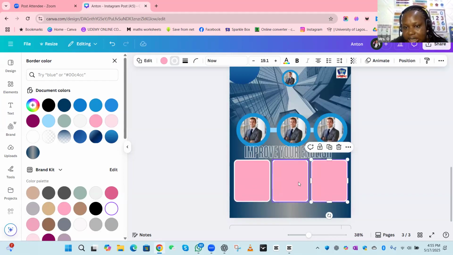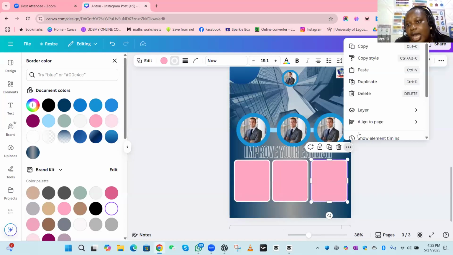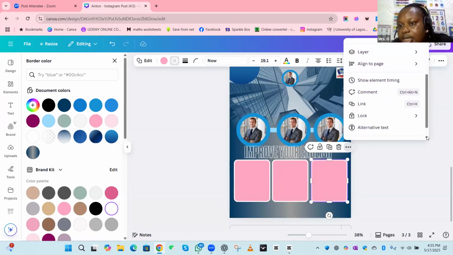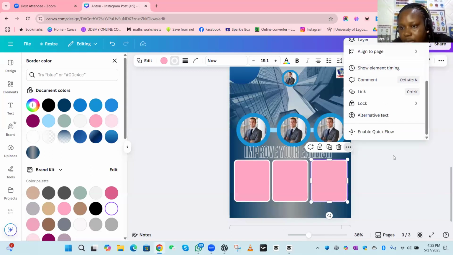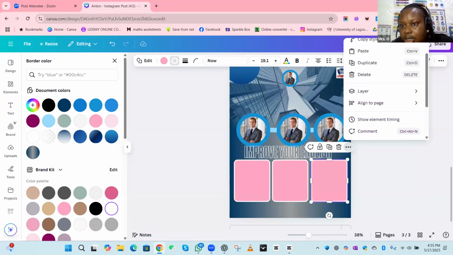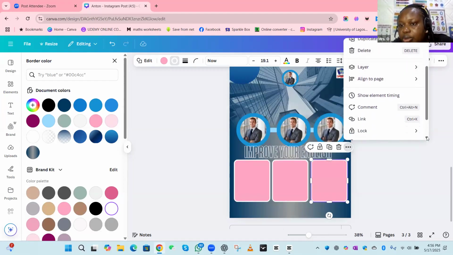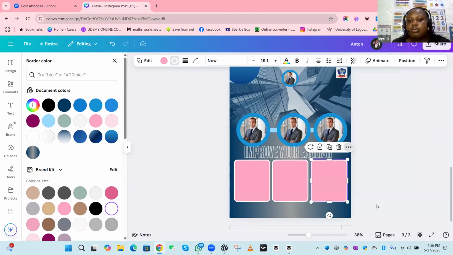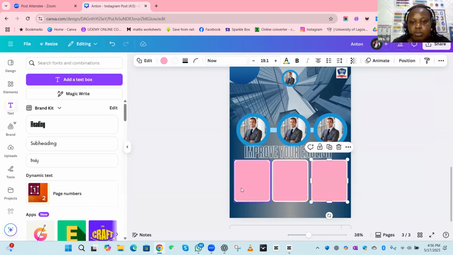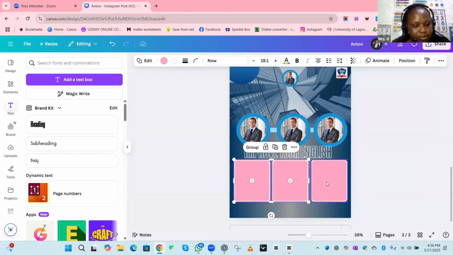I'm adjusting these shapes. One thing I can do when I'm adjusting, I can click here and Canva would help me. There's something I can click here. Let me see. There's something that's supposed to come out here. Duplicate layer, align to page, no. Okay, look, let me see if it will come out if I click everything together. Yes. Now look,